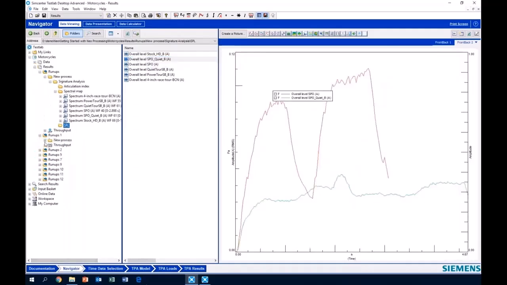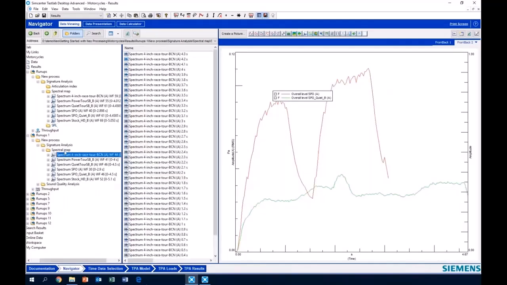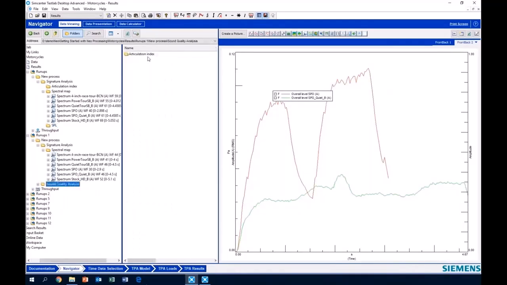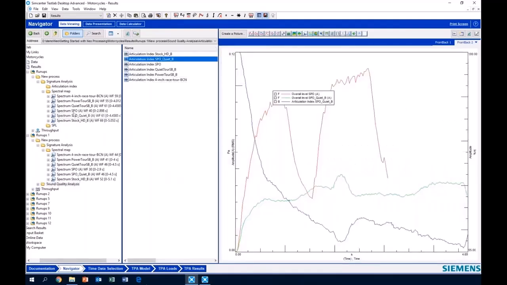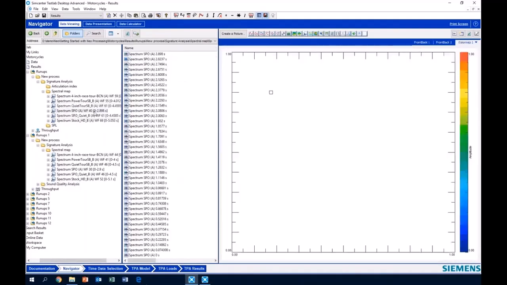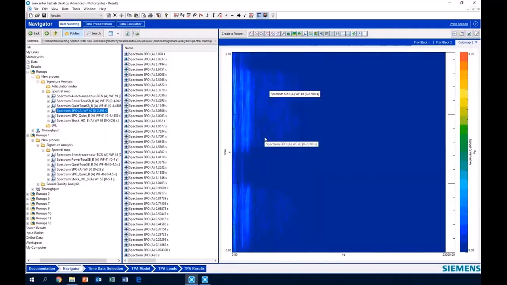So maybe I want to compare it to another one of my runs. So I would have to click in through there, find the data I was interested in, drag and drop that data over. And if I had something like a color map or something like that, I would grab color map display, drag it in.